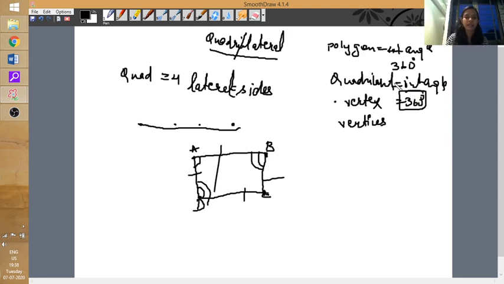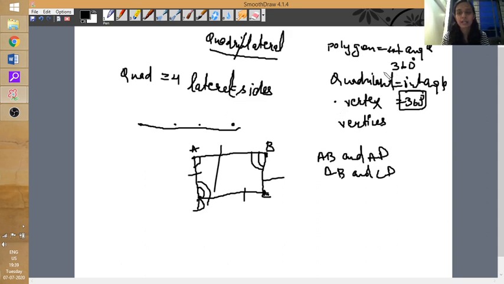Adjacent sides are the side by side ones: sides AB and AD are adjacent. And AB and CD are opposite sides. Angle A and angle D are adjacent angles, angle B and angle D are opposite angles, and the sum of all interior angles of a quadrilateral is always 360 degrees. How? That I will also teach you, so that you will know why it is always 360 degrees. Okay students, I hope the introduction part is clear for you.